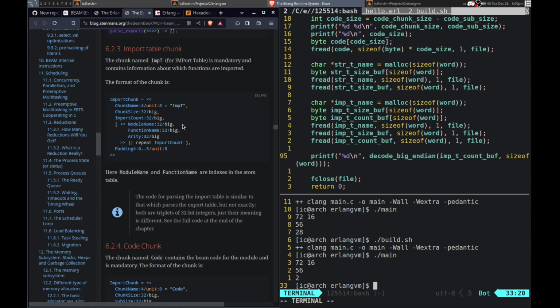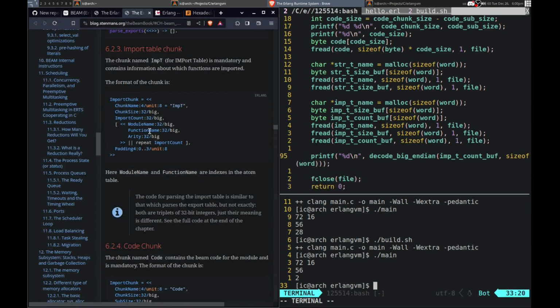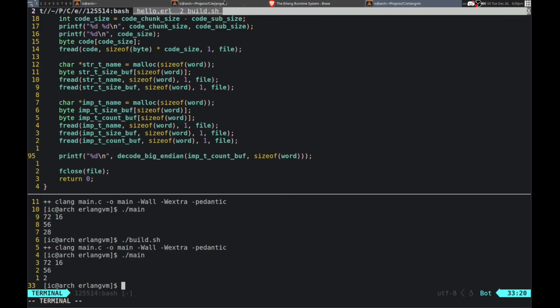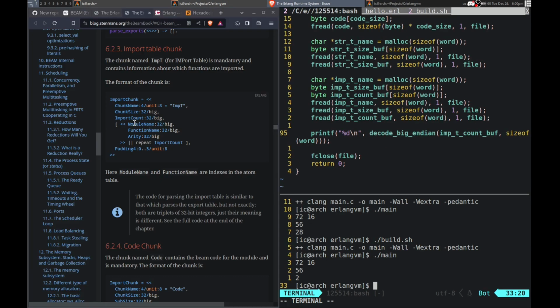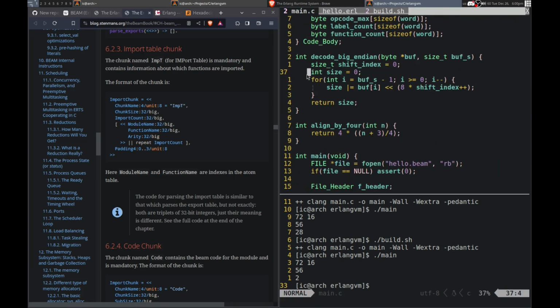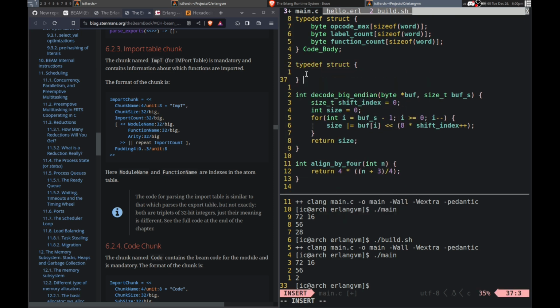Module name, function name, arity, and then repeat for import count. Okay, and the padding is based on that. So this should not be too difficult to read. Alright, we're working our way through the file. So what do we have? We need basically a structure for this, probably. This can just be for import.